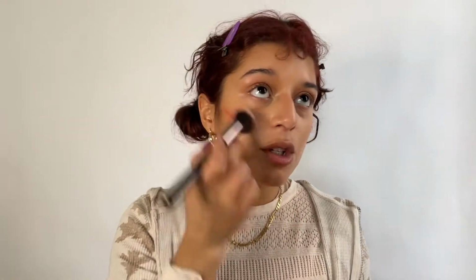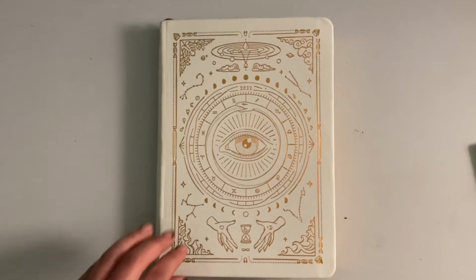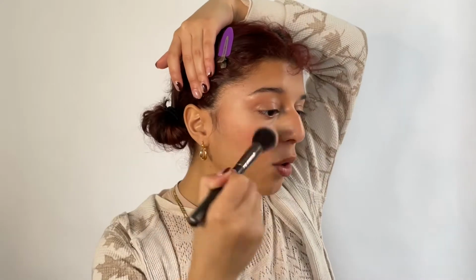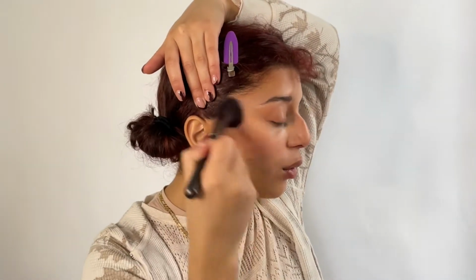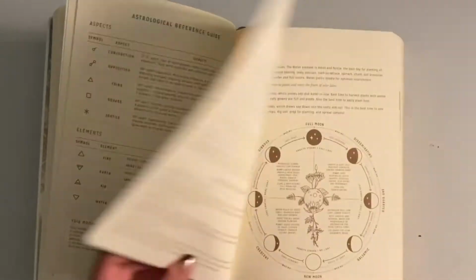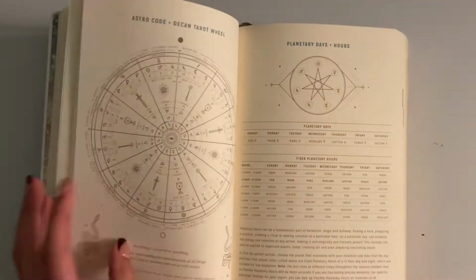But I remember I was mentioning the Magic of Eye planner and how I'm gonna be using it for creating my goals, making sure I'm on track with everything. I've always loved a good planner. If you currently don't have a planner, I really recommend you get one. This planner specifically is astrologically based, so it follows the cycles of the signs, the moon, everything. It is so cool. I highly recommend it if you're like me and want to follow the natural cycles of the year. I'm gonna keep talking, but as we do that,